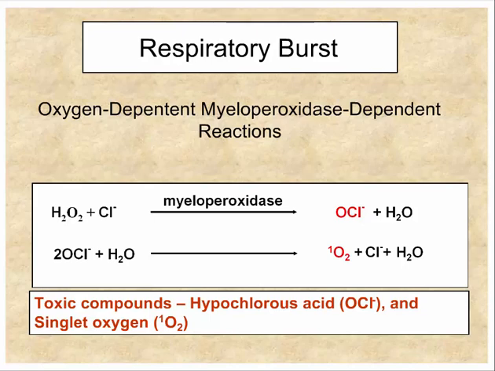But there are backup systems. There are patients that have deficiencies, for example, in NADPH oxidase. If you have a deficiency of NADPH oxidase, you're not going to be able to carry out any of these reactions, because you won't be able to get the first step of the reaction going. So clearly that is a major deficiency. And in fact, these patients do more commonly get bacterial infections. I mean, they come down with a lot of bacterial infections.